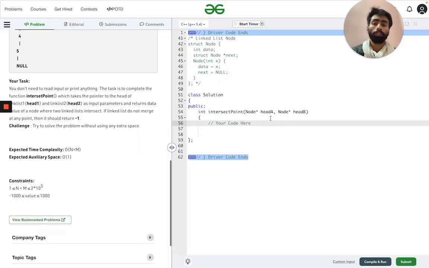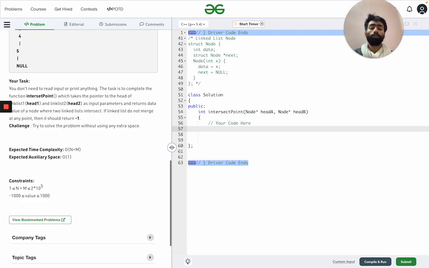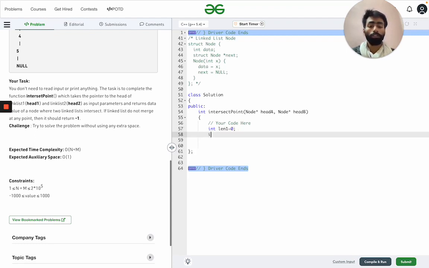The function takes the head pointer of the first linked list and the head pointer of the second linked list. We will take two variables where we will store the length of each, that is L1 initialized to 0 and L2 initialized to 0.